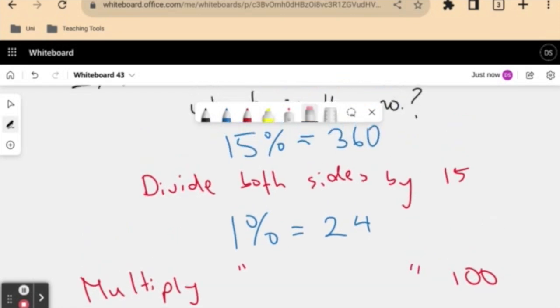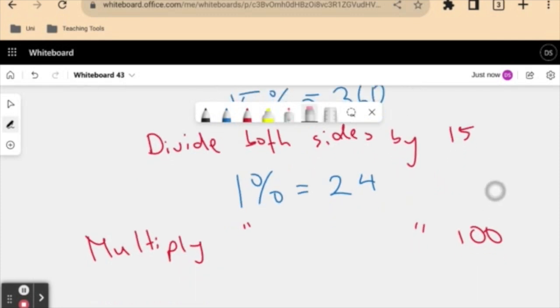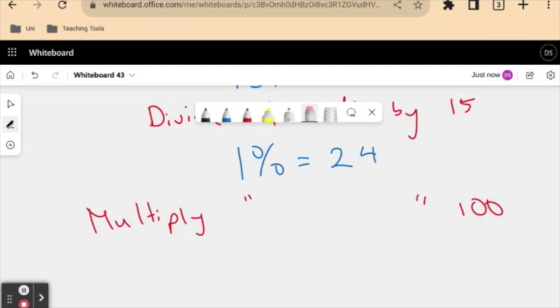Because dividing this 15% by 15 will give me 1%. And then multiplying this 1% by 100 will give me 100%. So I now have that 100% is equal to 24 times 100, which is going to be